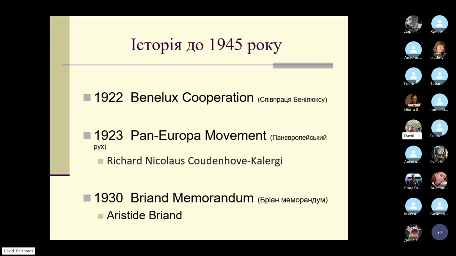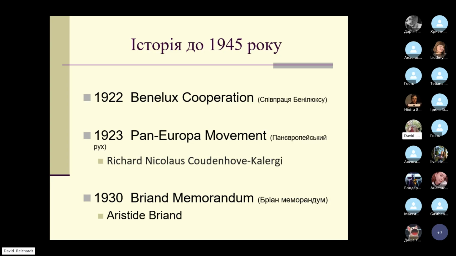In 1923, there was a movement started in Europe called the Pan-Europa movement. This was sponsored by a very famous person in European history, Richard Coudenhove-Kalergi. Coudenhove-Kalergi was an Austrian diplomat and thinker, philosopher, and he started a movement, the Pan-Europa movement, across Europe to try to unite Europe, to bring the countries together in some type of an organization. So he proposed a very early form of European integration, European Union. That was Richard